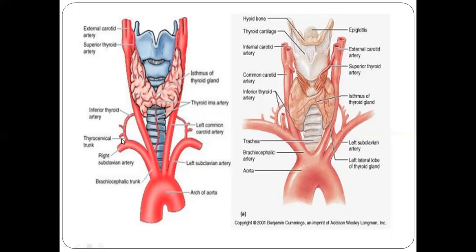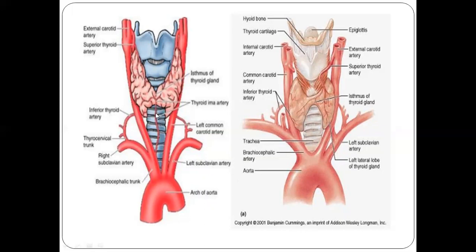The second artery is the thyrocervical trunk, which is coming from the subclavian artery. It is going on the posterior surface over the posterior border, and it supplies the thyroid gland. This artery is the inferior thyroid artery. This thyroidea ima artery is present in a very small percentage of people, only 3%. So it may or may not be present, and it can be damaged during the tracheostomy.